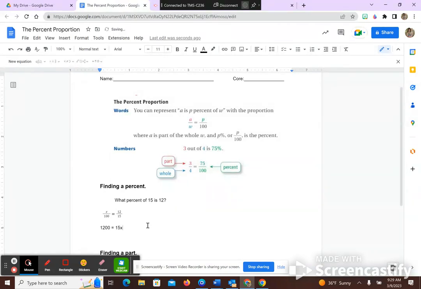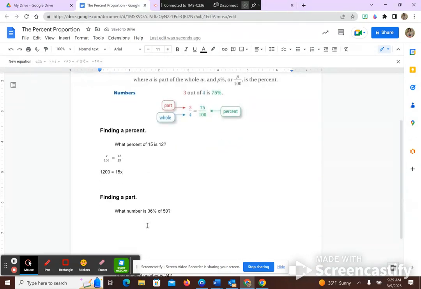And then once I get to that point, how do I solve it once I get to that point, Kelton? Divide both sides by 15. So 1200, 15 divided by 15 is 1, and 1200 divided by 15 is 80. So that would be